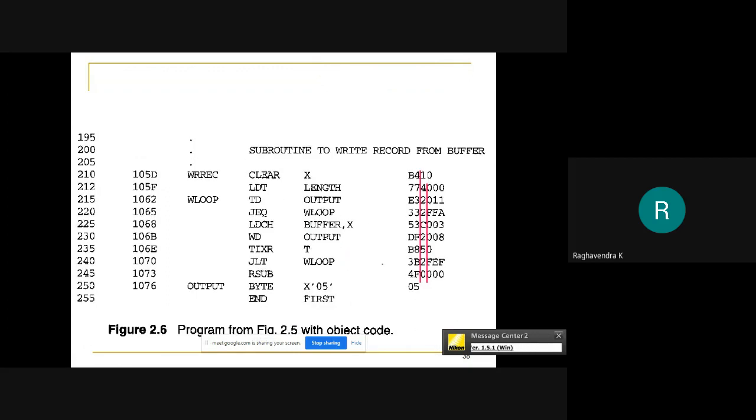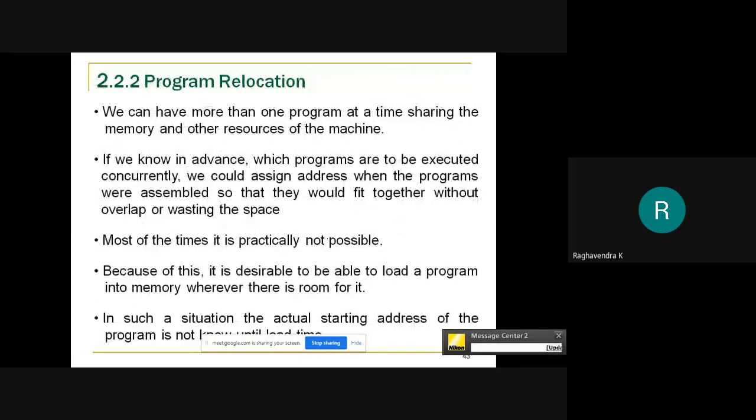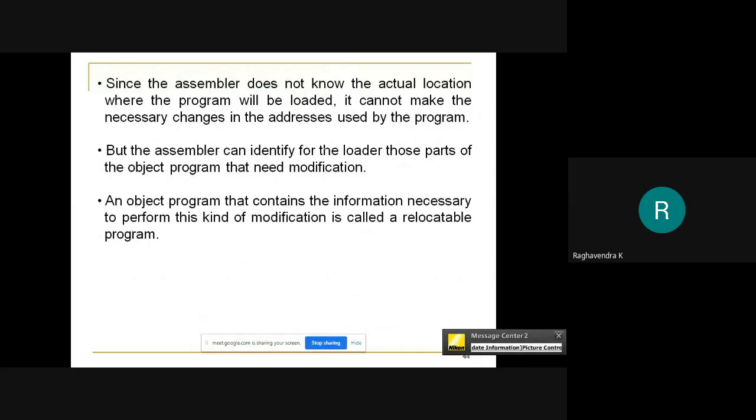Okay, right. So we also discussed one more concept, which was the concept of program relocation. Normally, as I mentioned, in a multi-programming environment, we need to ensure that the system is utilized properly.